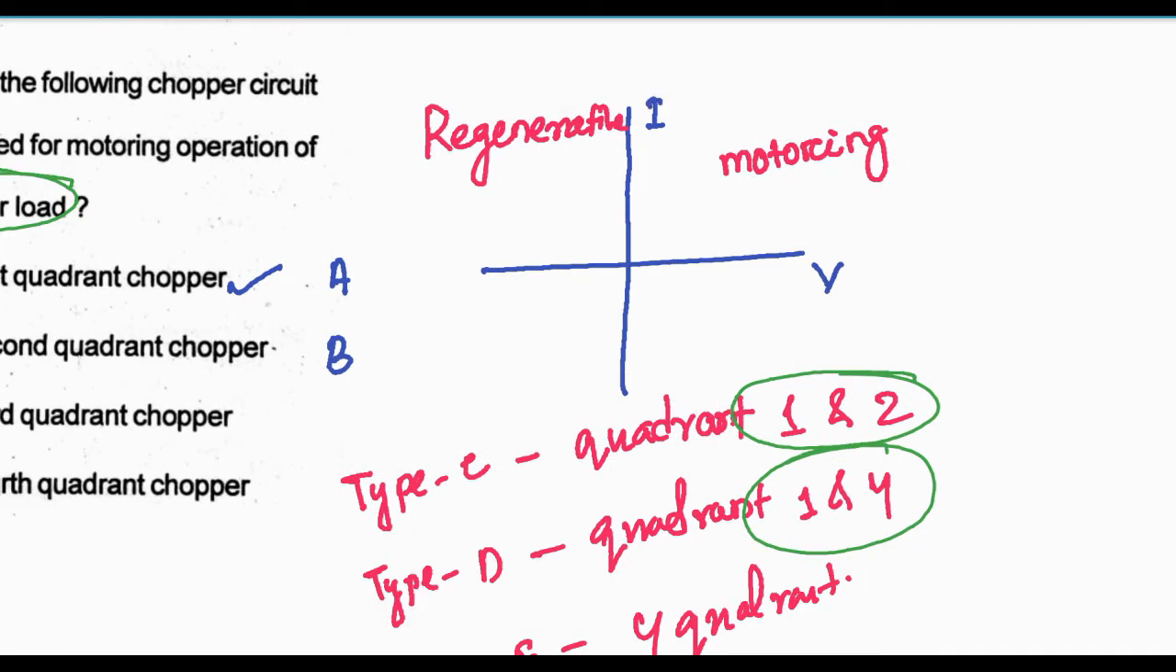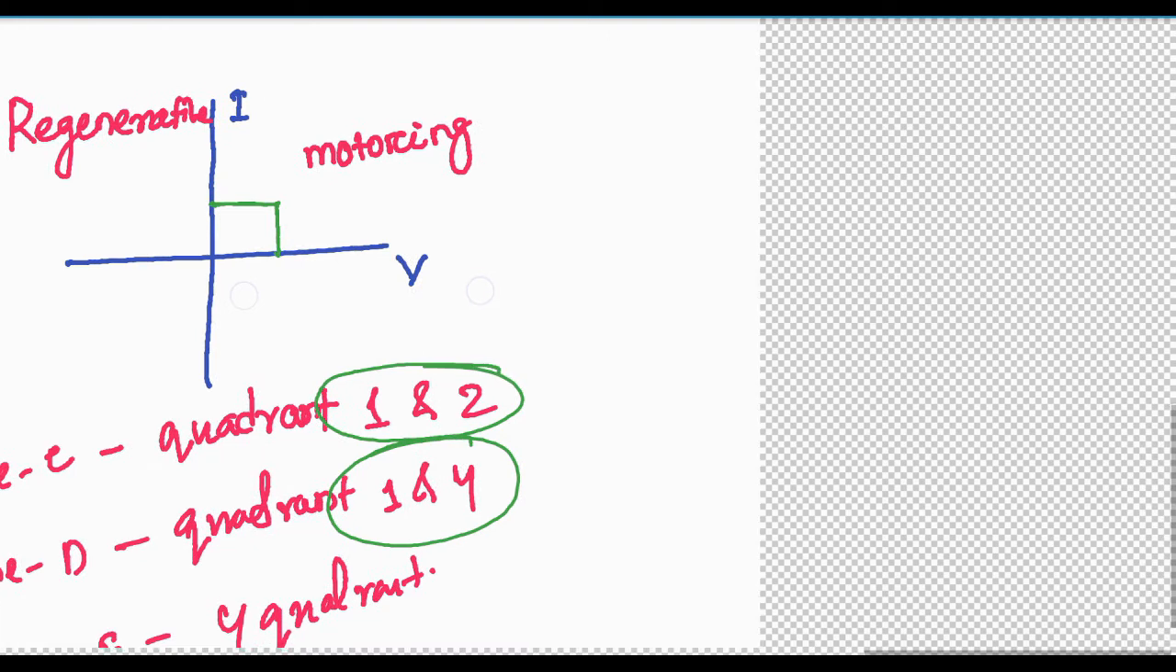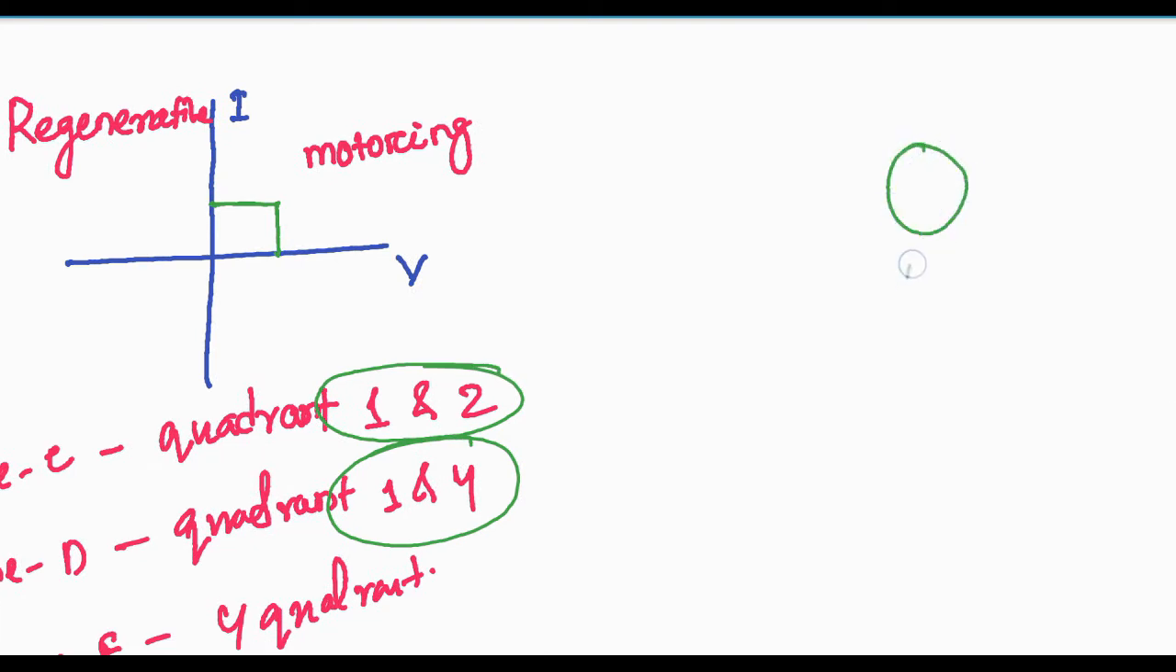In case of first quadrant, both voltage and current are positive. That means power is always flowing from source to load. Here this one is the motor and the load, and this one is the source. Power is always from source to load in case of first quadrant or type A chopper. This is motoring action. But in case of quadrant 2,